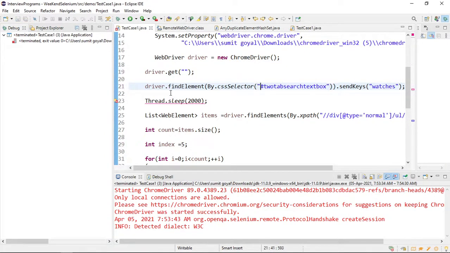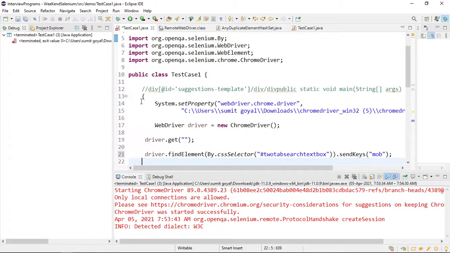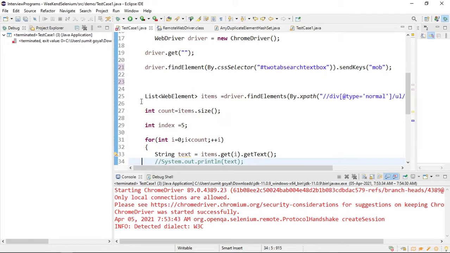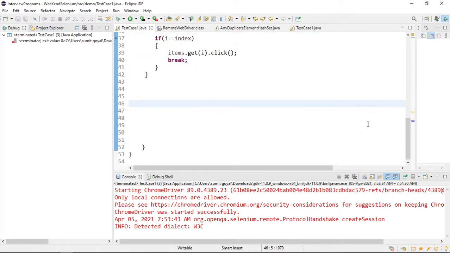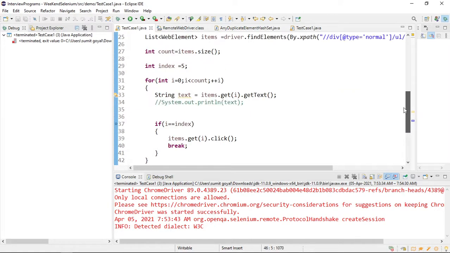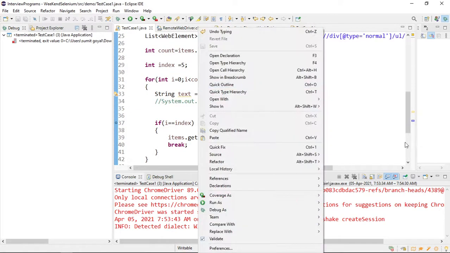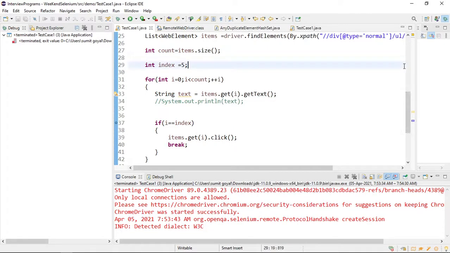This is our CSS selector, and I will send MOB. There is one more change we have to do.